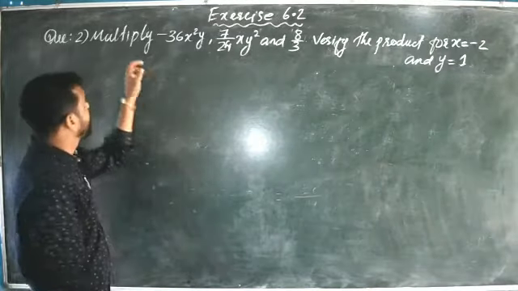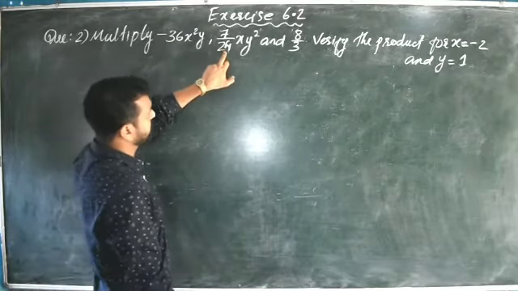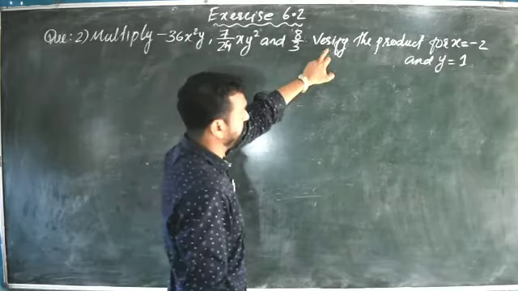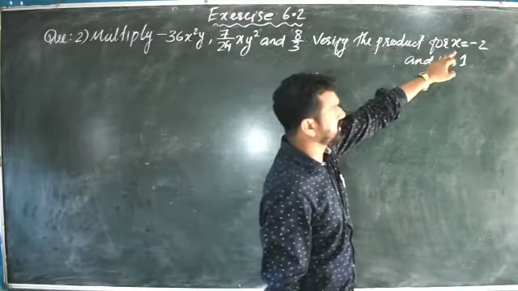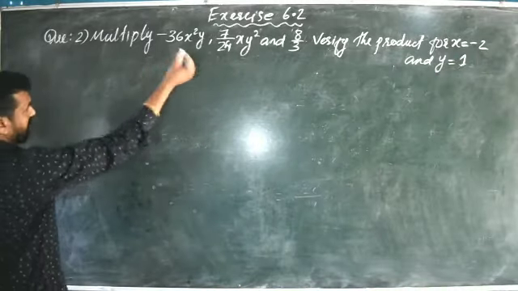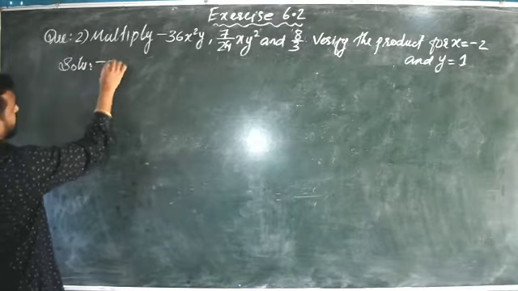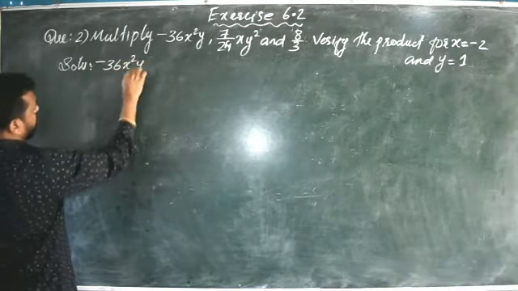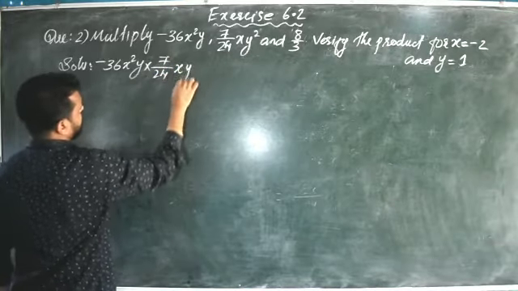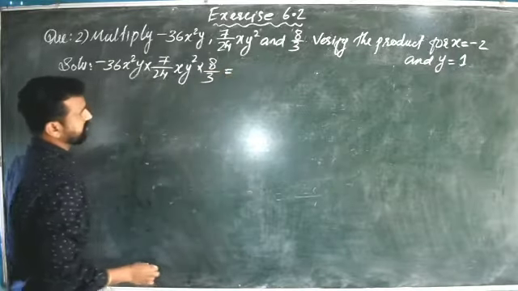Okay, see the question. Multiply minus 36 x square y, 7 by 24 x y square and 8 by 3. Then we have to verify the product for x is equal to minus 2 and y is equal to 1. First we will multiply that. Minus 36 x square y into 7 by 24 x y square into 8 by 3 is equal to, multiply